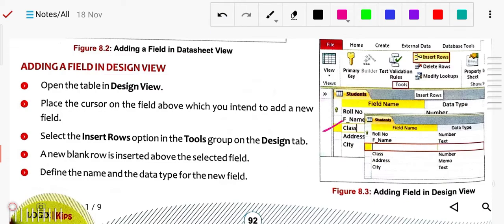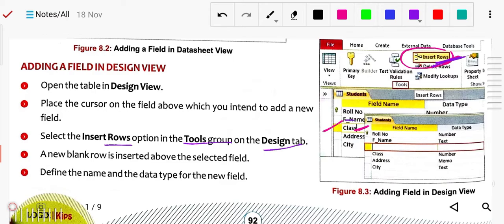So first put your cursor there, then select Insert Row. You will get this Insert Rows option in the Tools group on the Design tab. A new blank row will be inserted above the selected field.